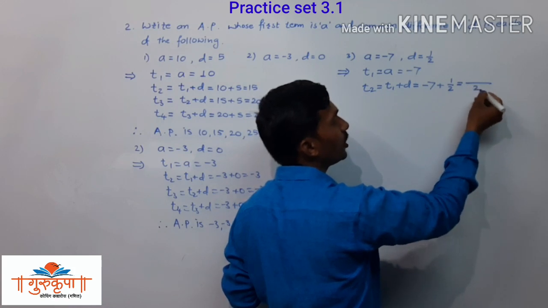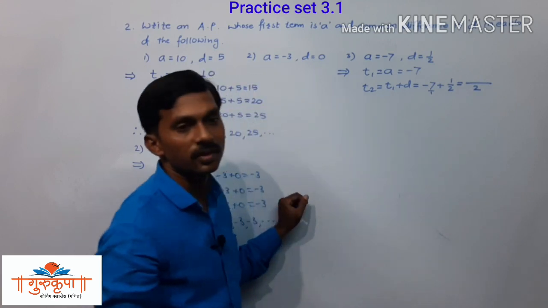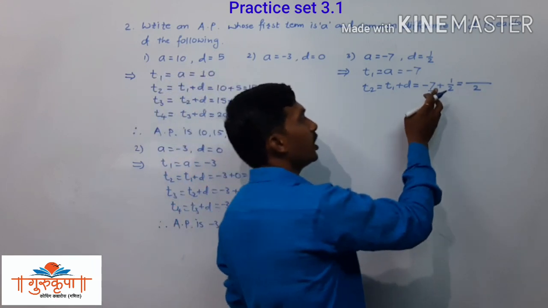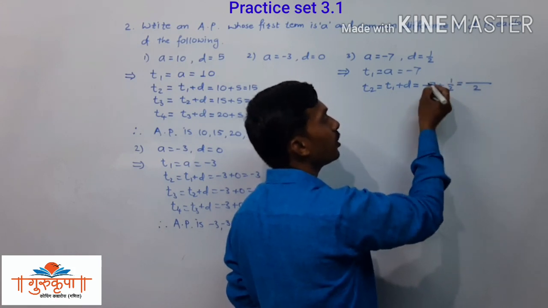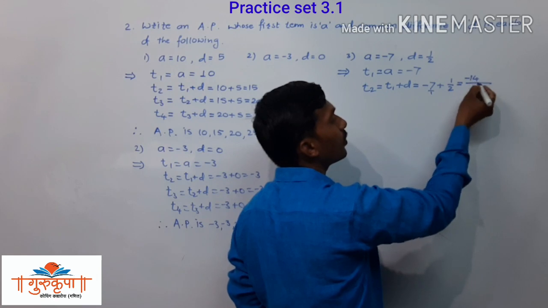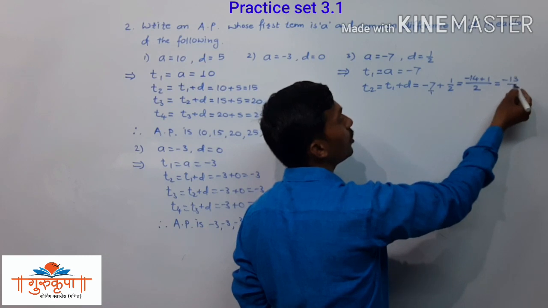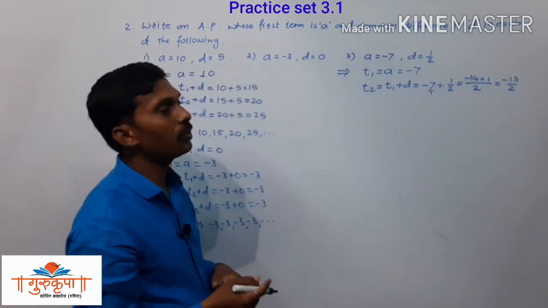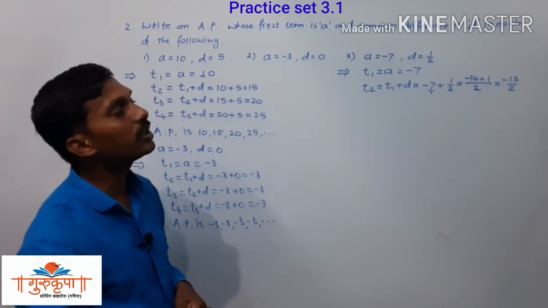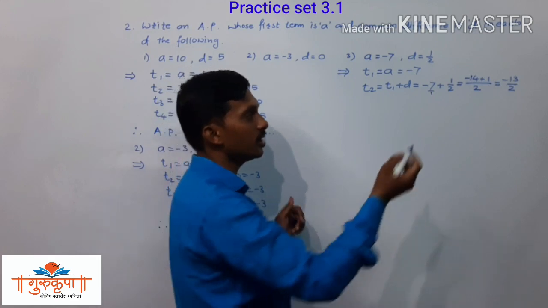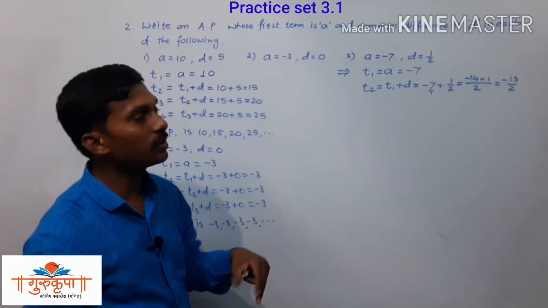Multiplication of denominator to the denominator. See here, nothing is there in the denominator of minus 7, we have 1. Now we have to take the calculations here, multiplication of denominator to the denominator, cross multiplication to the numerator: 2 into minus 7 is minus 14, plus 1 into 1 is 1. And here we have minus 13 upon 2. T2 is equal to minus 13, that is minus 14 plus 1, minus 13. The bigger number is negative, and we take subtraction since the signs are different. We take subtraction and give the sign of the bigger number, that is minus.